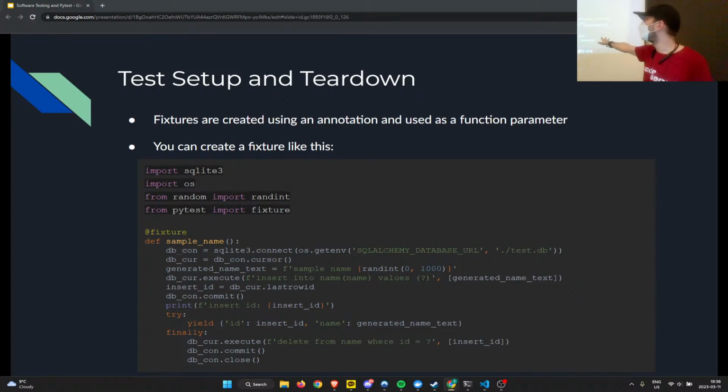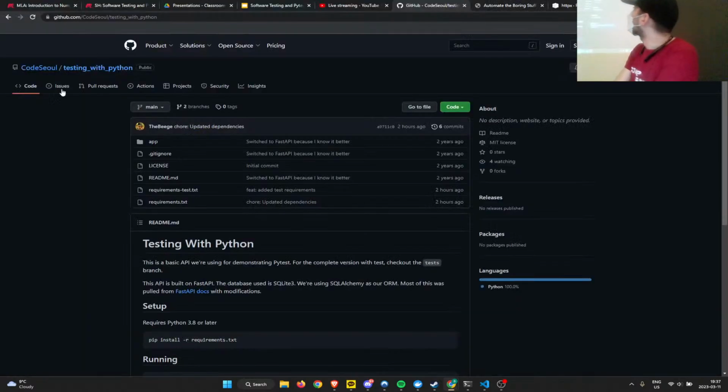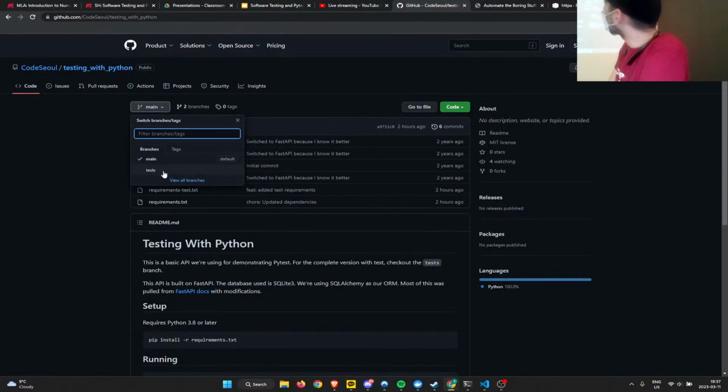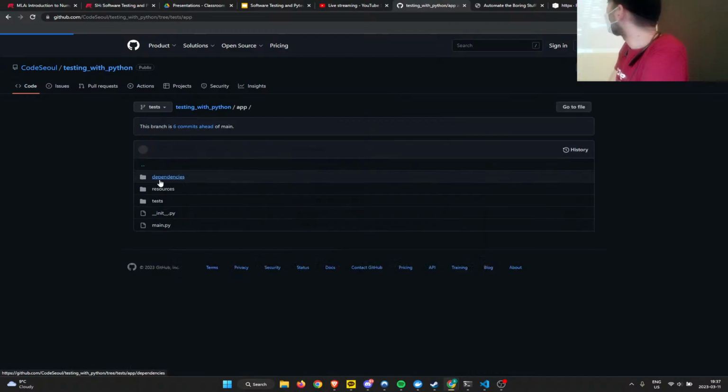This is a lot. Don't write this yourself. Just copy and paste it. Okay? So that's what I'm going to do. So I'm just going to go ahead and I'm going to go to the GitHub repository. So pro tip. In the GitHub repository, the answers are in this test branch. Okay? So if you just pop over here, you can get the final test code.